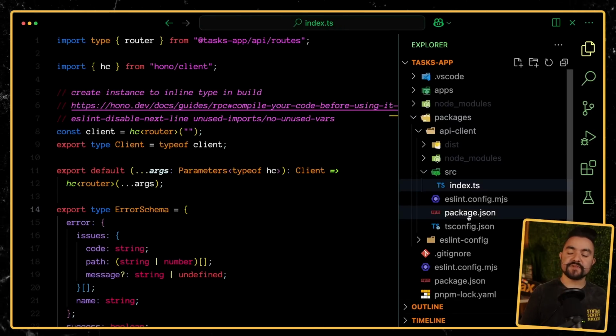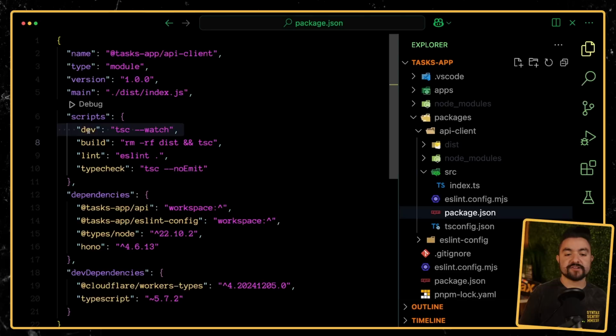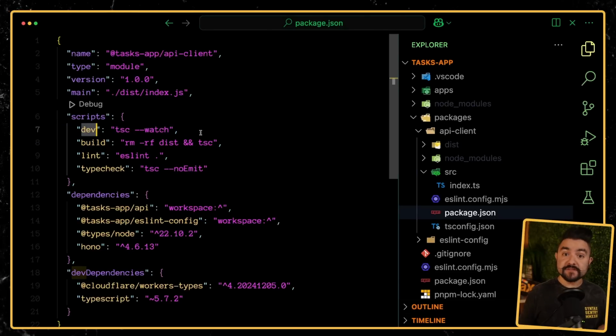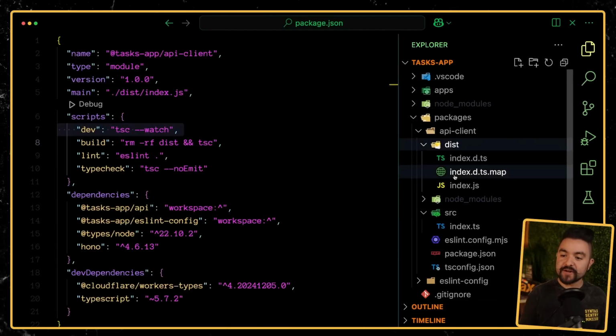But my main tip for you is here in our package.json, I actually have a dev script which runs the TypeScript compiler in watch mode. And this means that the build process for this package is going to spin up at the same time as our Hono API and our React web app. And anytime there are changes inside of our Hono API, this build is going to automatically rerun, recreate our types